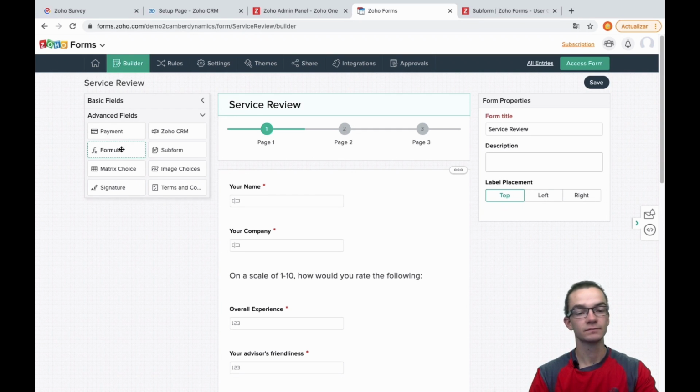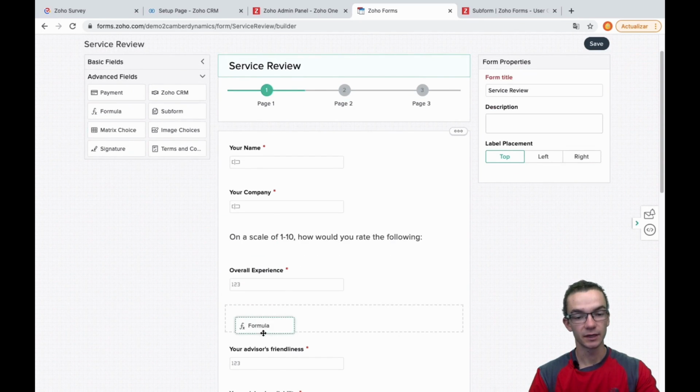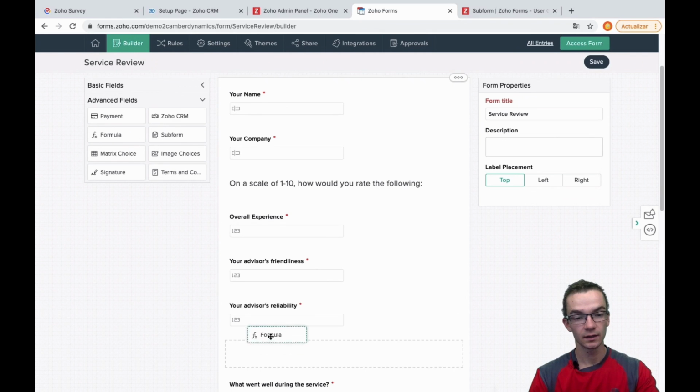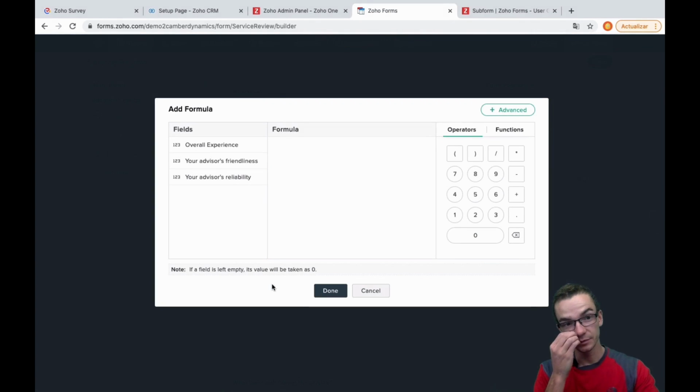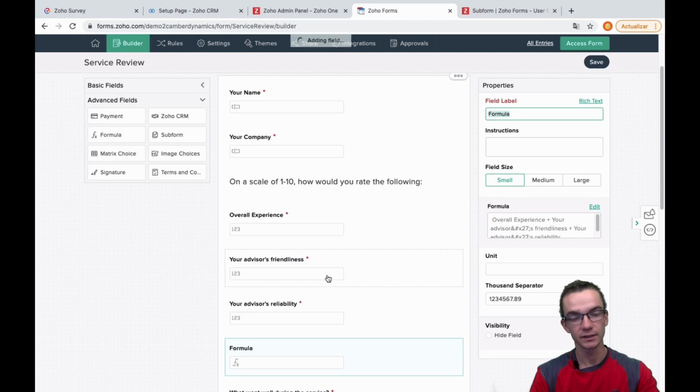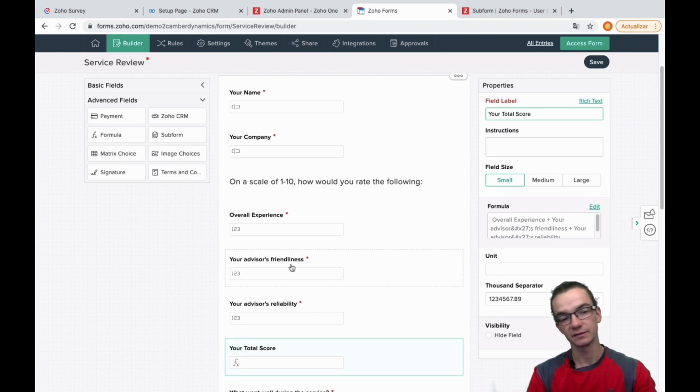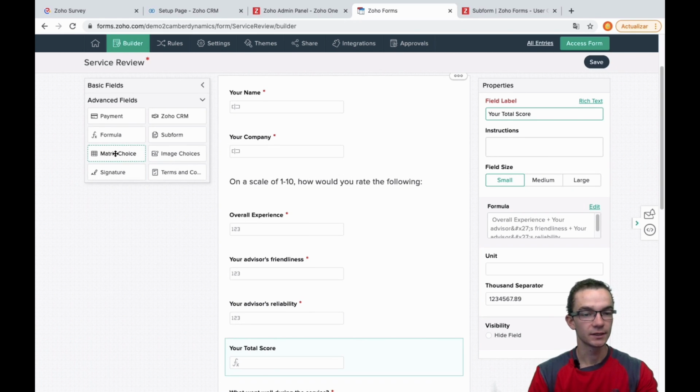In fact, you could add one here at the bottom that simply adds up this plus this plus this, and you could name it something like your total score, and then it would just add up your 8 plus your 7 plus your 6, and you'd have a score of 21, right? You can add matrix choices, image choices, signature, terms and conditions,